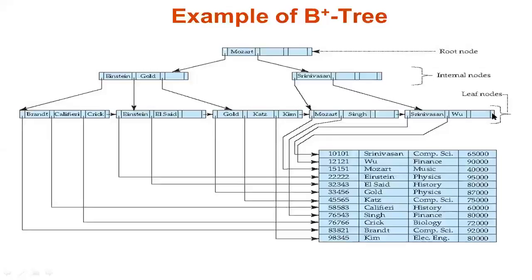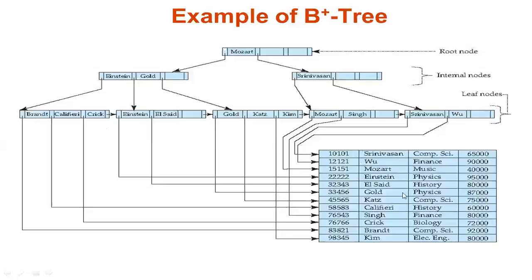Here the last level is the leaf node, the data you have in the intermediate level is called the internal node, and this is your root node. This is why we call it an upside-down tree. The root is on the top, the intermediate nodes are in between, and the leaf nodes are at the bottom. Whatever this is, it is an example of your sequential index file.